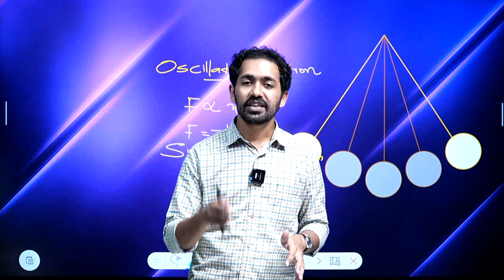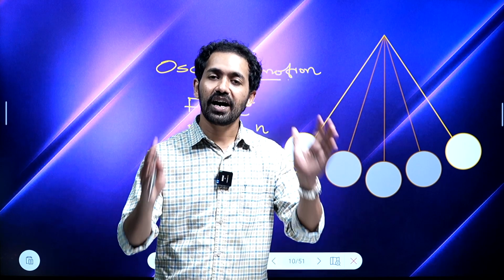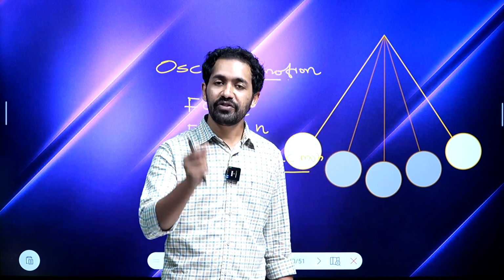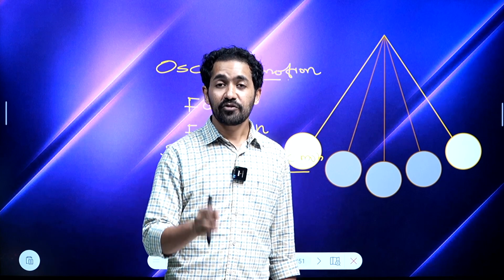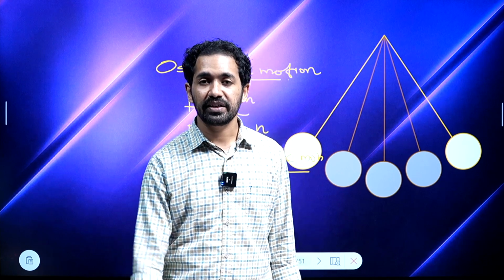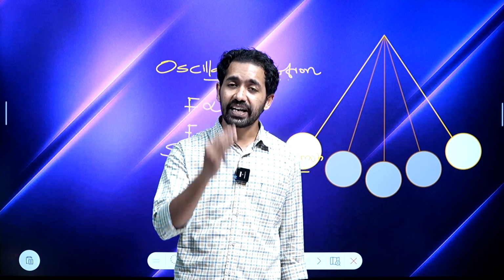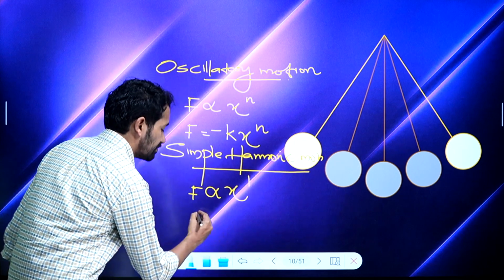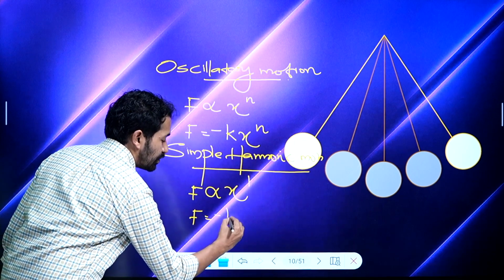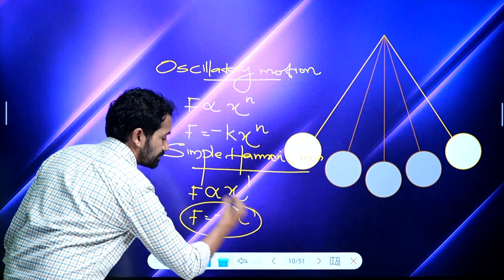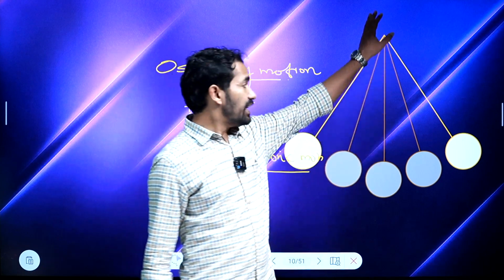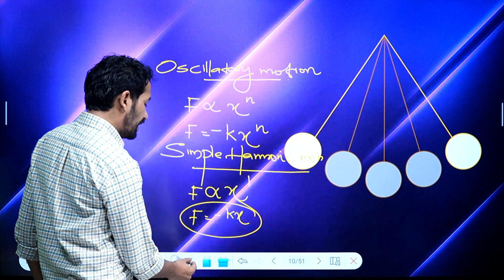And in this chapter we are dealing only with simple harmonic motion, and your equation is F is equal to minus kx. Force is directly proportional to the displacement. Restoring force is directly proportional to the displacement. F is equal to minus kx. Right? Now, in the case of a simple pendulum, see,